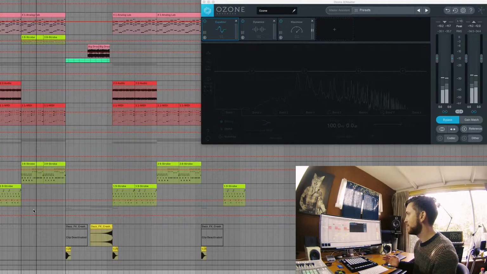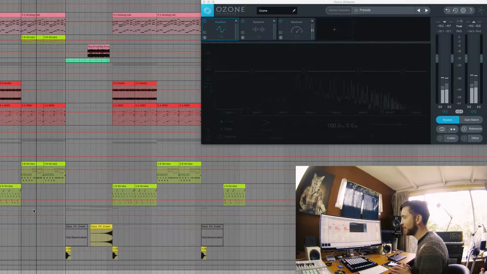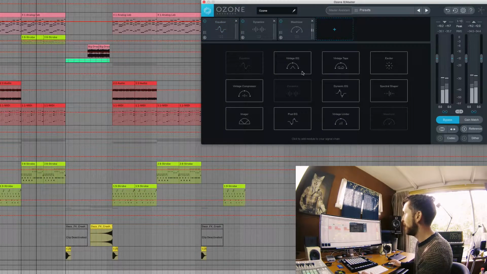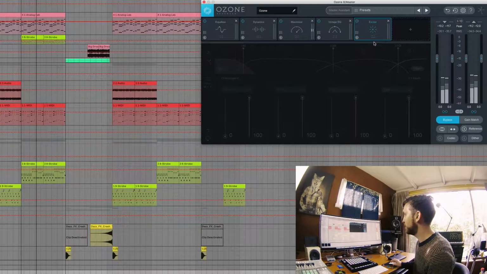Alright guys, so here we have it, Ozone 8 on the screen. As you can see, I've literally just opened it up here and it defaults to having one EQ, one dynamics and one maximizer plugin in the GUI here. If you've used previous versions of Ozone, you will know that I think from Ozone 6 you're able to add various additional effects and then you could play with the